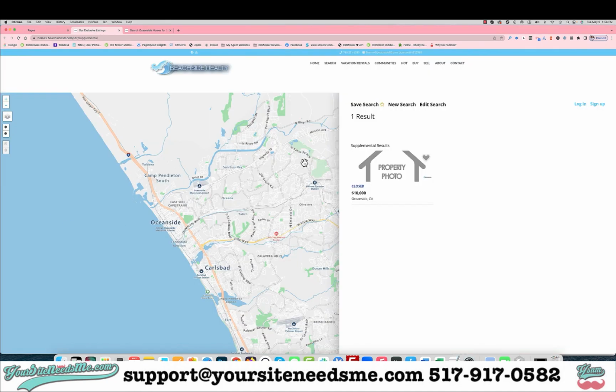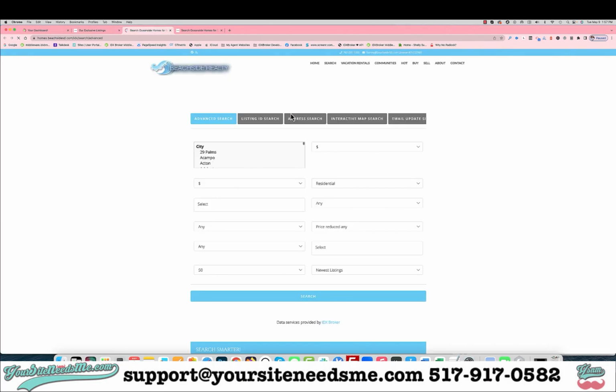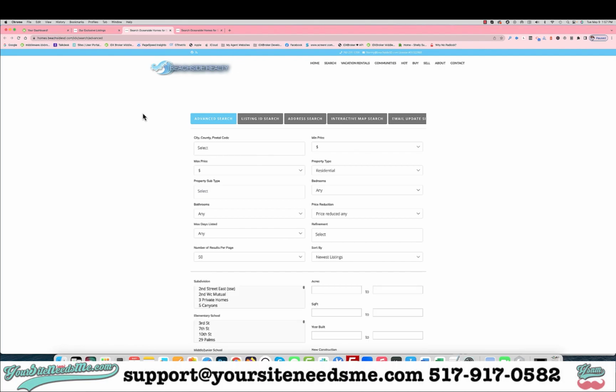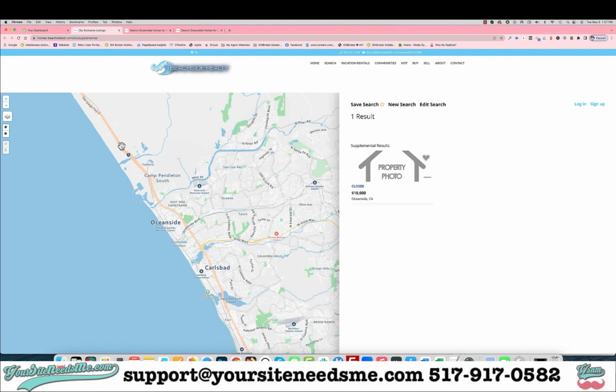So if I come here, these are the exclusive listings. This is what it's going to look like, just like the regular search pages. And they also will show up when people search your site. So if anybody goes to the advanced search page or any of the search pages and puts in the criteria, and the listing that you enter meets any of that criteria, it will show up in the results with the other listings from the MLS as if it is part of the MLS, although it is not going to be listed on the MLS. It only does this on your website. So it shows up with your regular listings on the supplemental page, and it shows up in the results